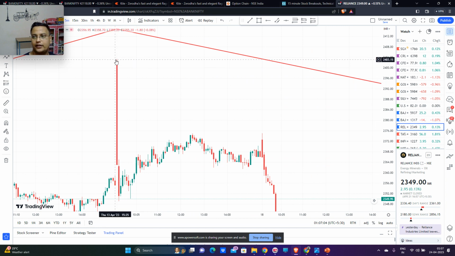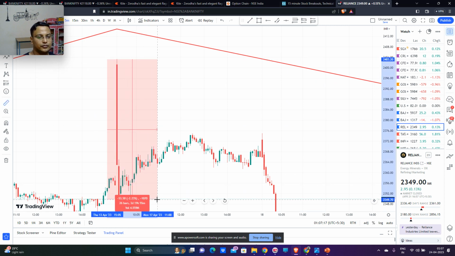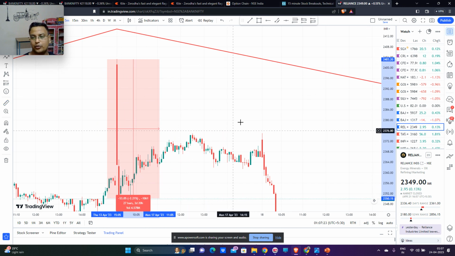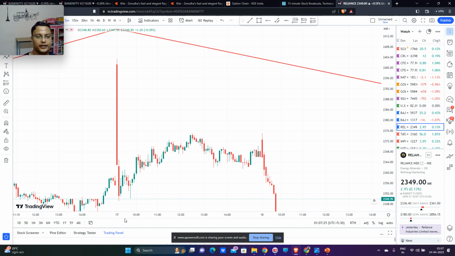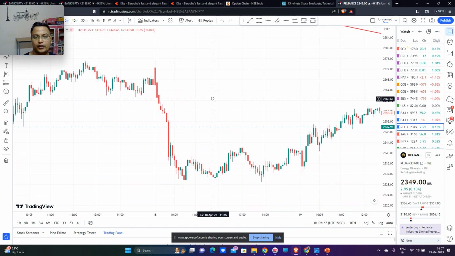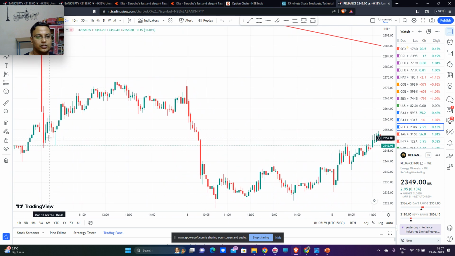pattern. I can see, when the price is at 2402, somebody might have sold here, and look how many points you would have got. Like if I draw the scale, then look at here. This is more than 53 points. Means in one share, if you had sold, you would have got approximately 50 rupees profit by selling here and